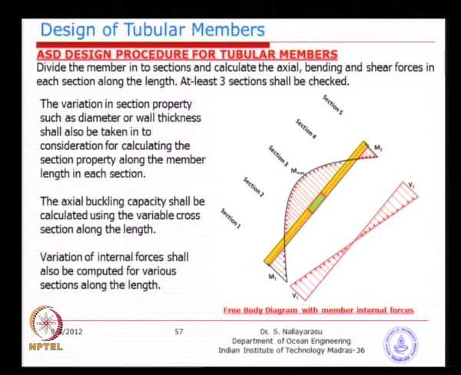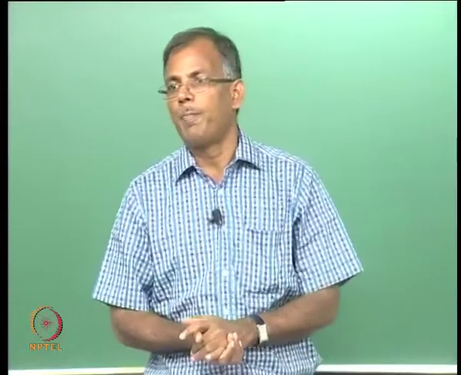So, if there is no change in cross section, for example, the bending moment diagram is uniform like this, or like a simply supported member where the maximum bending moment is only at the center, as we know very well, then you do not need to check at so many sections. You may check at only one section in the middle, because the section is not changing, moment is maximum there, there is no axial force, and shear force is maximum at the extreme ends. I will check the shear at the extreme end and bending moment at the middle.